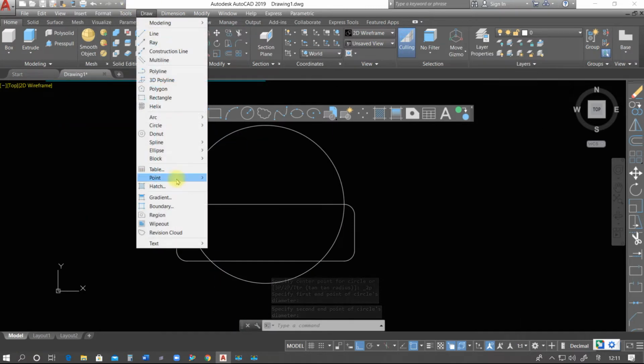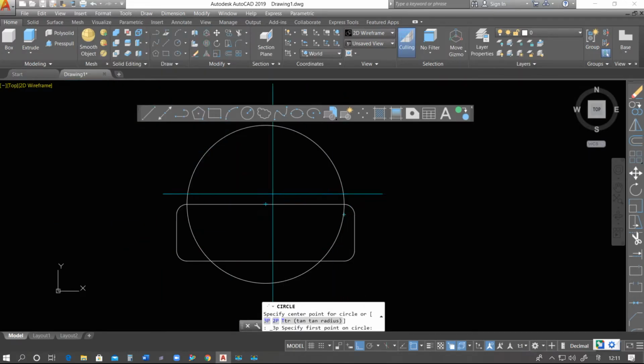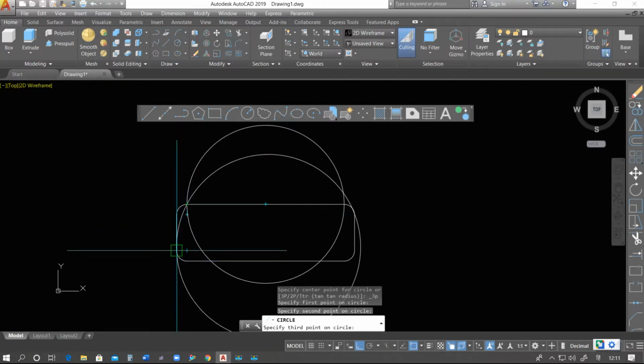circle. Next option is 3 point. I want to enclose this rectangle with the help of a circle. So what do we do? We select 3 points. Suppose the first point is here, the second point is somewhere here, and the third point is here.